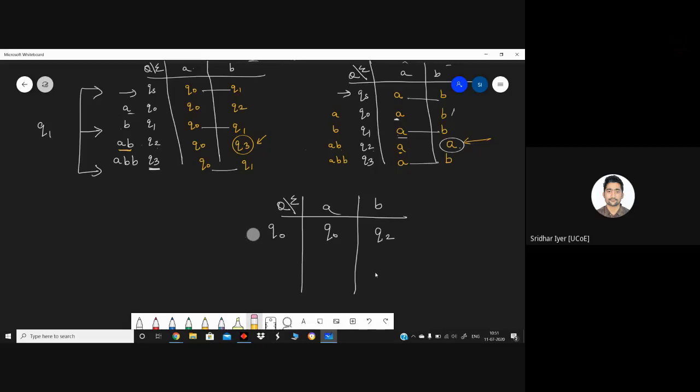Erase this start state, because the starting state is QS and QS is being merged with Q1 and Q3. So this has been combined into Q1. Wherever QS is present, that should be my start state. Hence, I will write Q1 over here and this will be my start state. If the things are clear, okay.